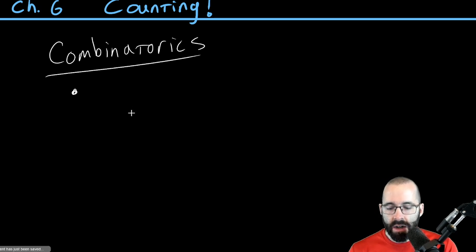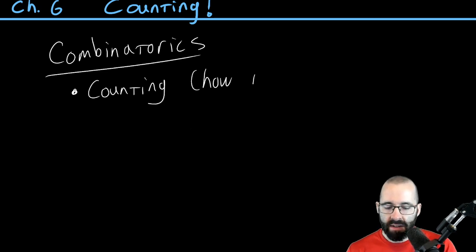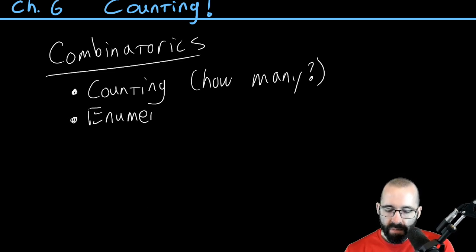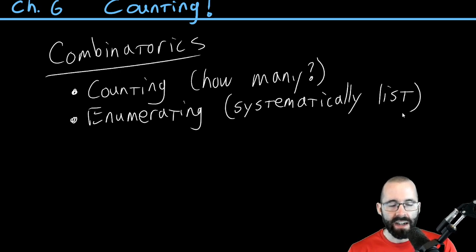So there's two main things that we're going to talk about in this chapter. And again, the first one is kind of the simple one of just counting. Basically, how many ways or how many things or how many times or just how many somethings can we do something? And the second thing is going to be enumerating. And that's going to be specifically making a list and specifically a systematic list. How can we systematically list a bunch of ideas or objects? And these are going to be a little bit more complicated than they initially appear.